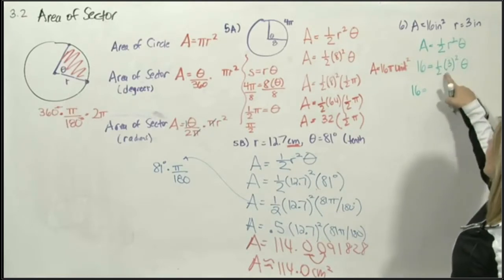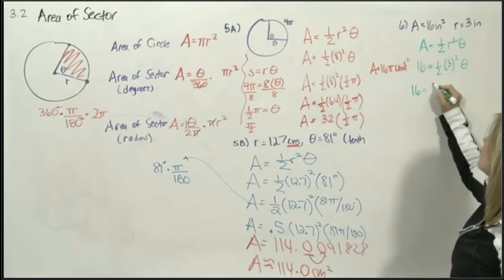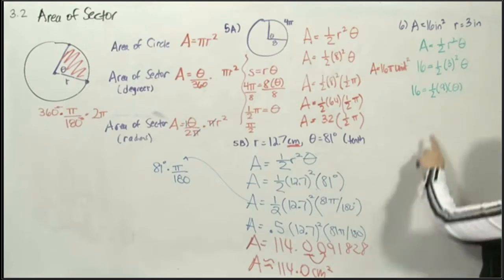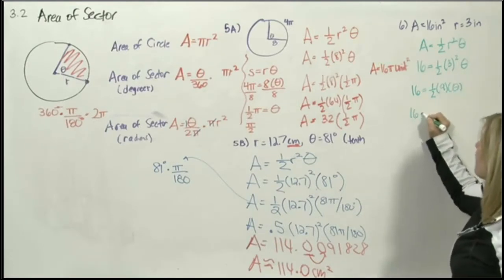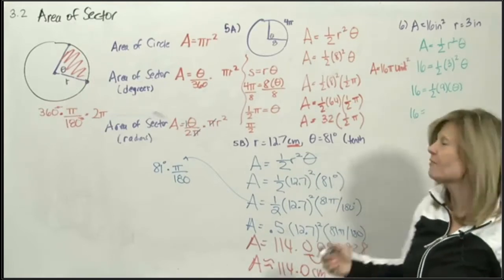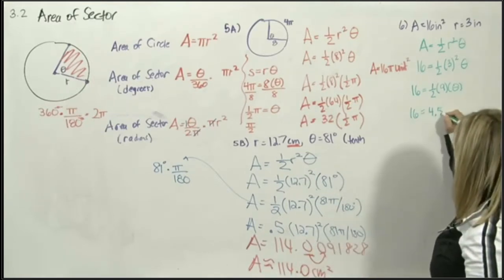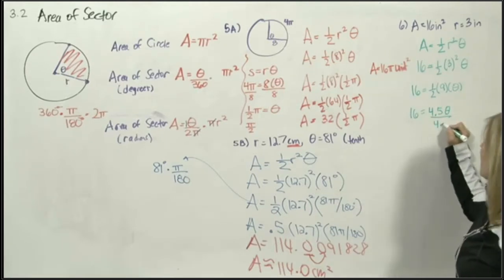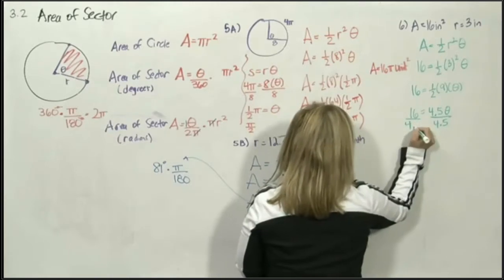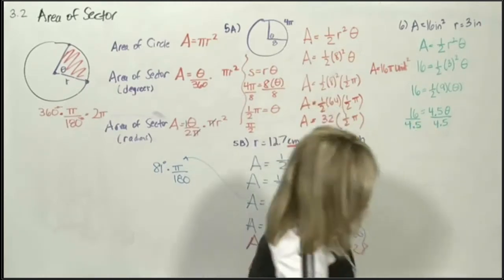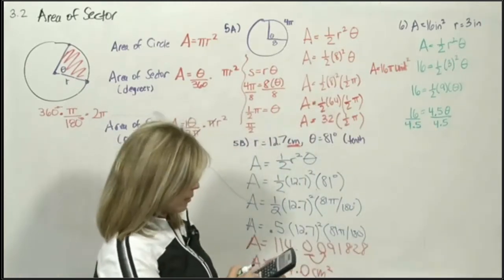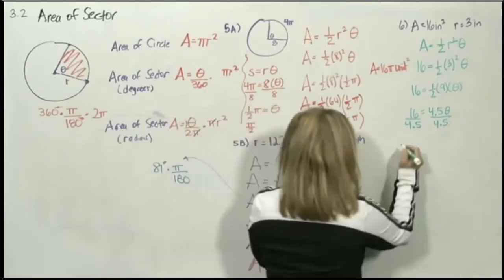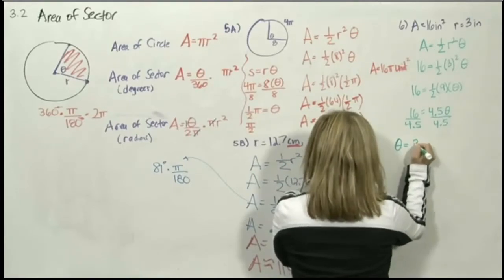16 equals, you can't do 1/2 of 3 till you square it first. So what is 3 squared, y'all? 9. We can do 1/2 of 9. Now, I prefer 1/2 of 9 as a decimal. 1/2 of 9 is 4.5, right? 4.5 times theta. This is easy. To get theta by itself, divide by 4.5. Gotta love technology and calculators. Let's do that out. So 16 divided by 4.5 would be theta equals